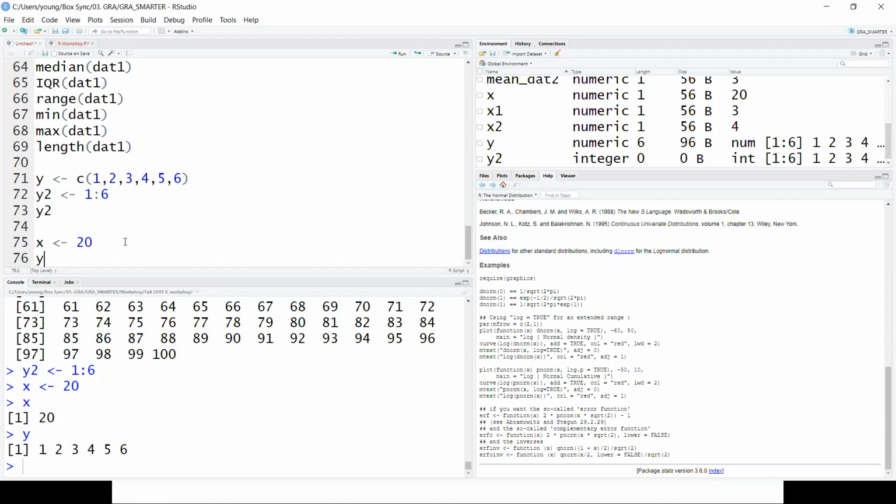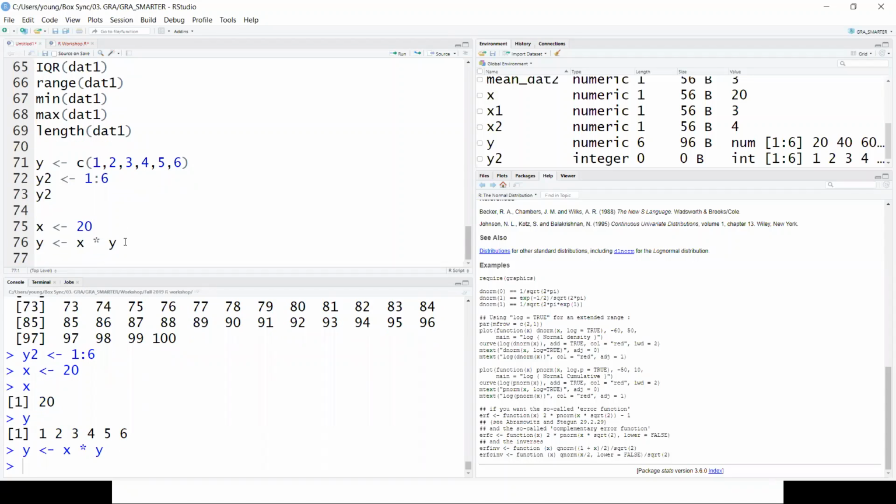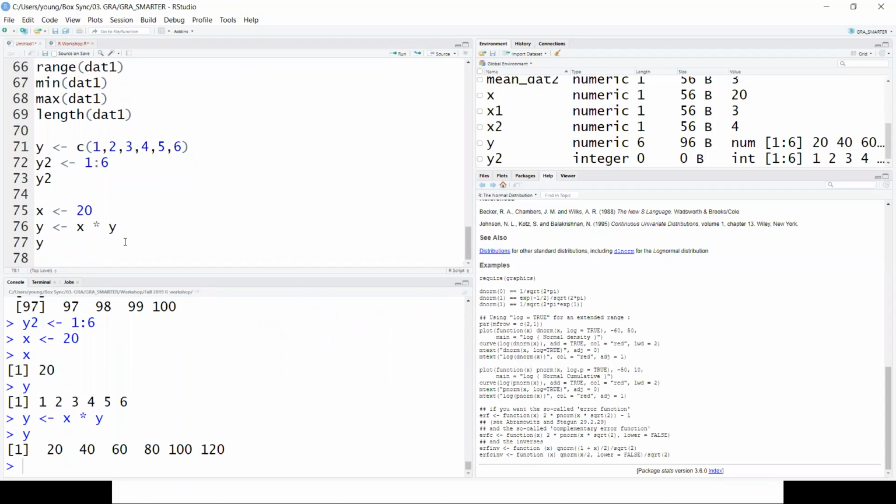What will happen if we do multiplication, which is x times y? What it does is 20 times 1, 20 times 2, and so on through 6. So this is how multiplication works.